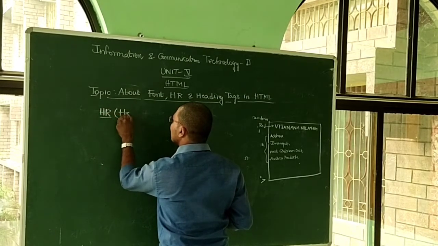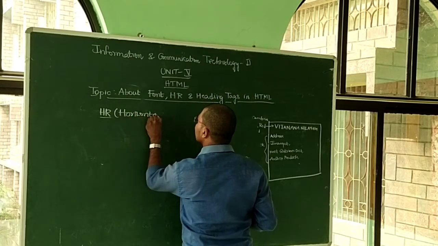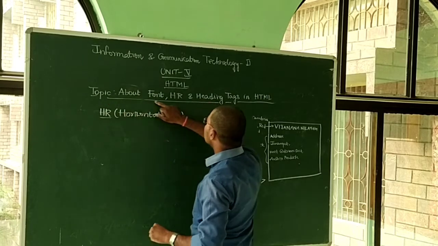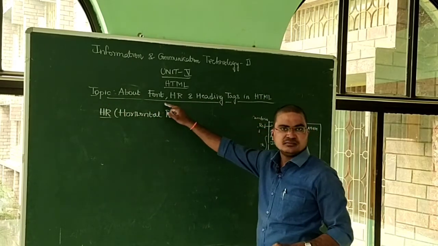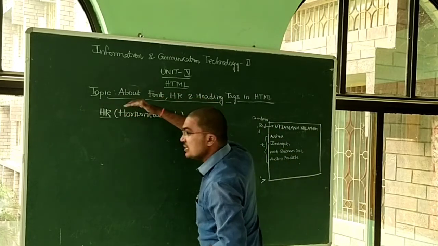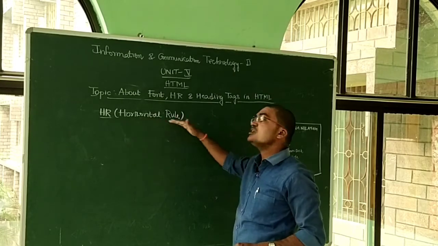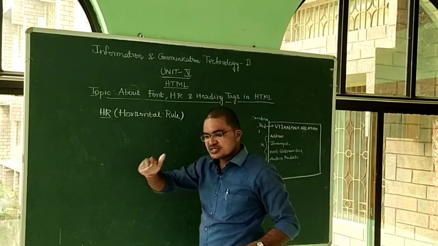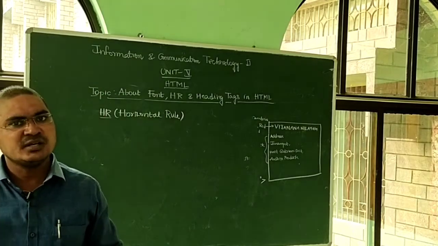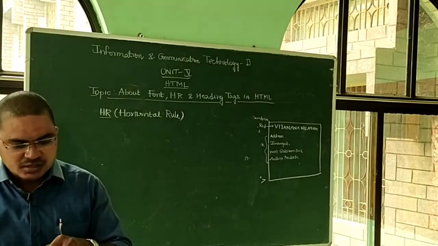HR stands for horizontal rule, okay. So this is not a horizontal rule, this is like an underline. Text with a line below it is called an underline. But I will show the horizontal rule. A horizontal rule means the section is complete, and immediately I will put a line below the text. So, about the horizontal rule.